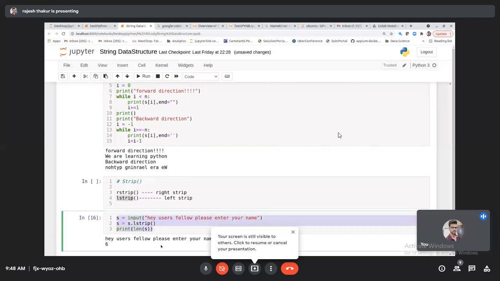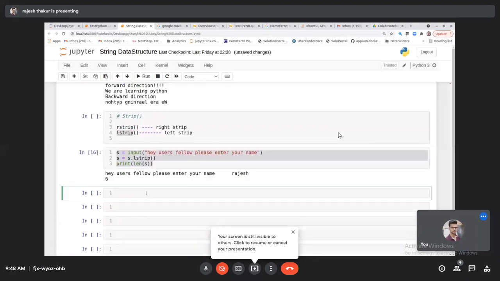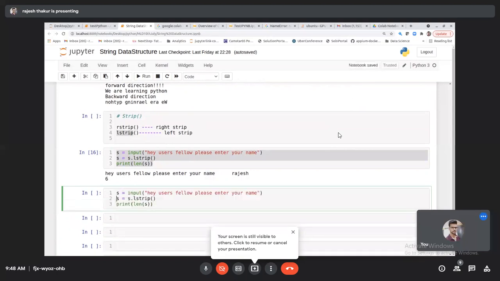If your requirement is like this कि space कहीं भी हो, left side में हो, right side में हो, क्योंकि user को नहीं पता, right? So नहीं दिख रहा. My screen is not visible. Can anyone please confirm that? It is visible, right? I can see. Whomever is not visible, please check your internet connection in that case.